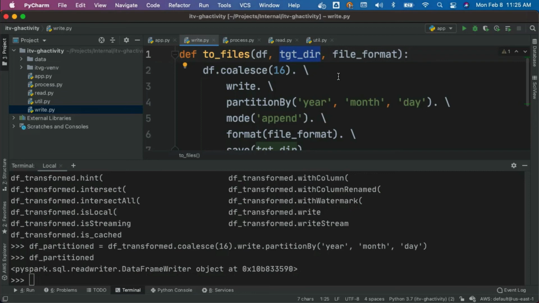In our case, we wanted to make it dynamic. Today we might want to write using Parquet, tomorrow we might want to change it to JSON. If that is the case, we don't need to worry too much about the code changes. We can directly configure at runtime that I want to write to some other file format such as JSON rather than Parquet, and it will take care of writing the data frame using that file format. As we are done with logic to actually write the data frame to the target location using specified file format, now it is time for us to validate.